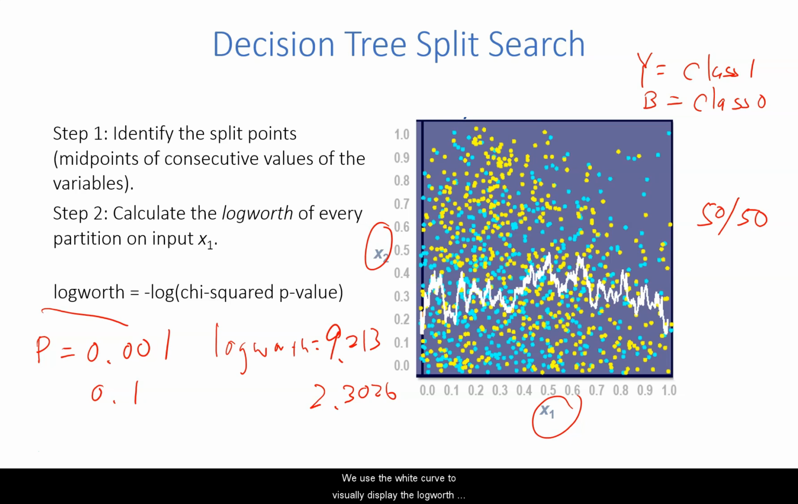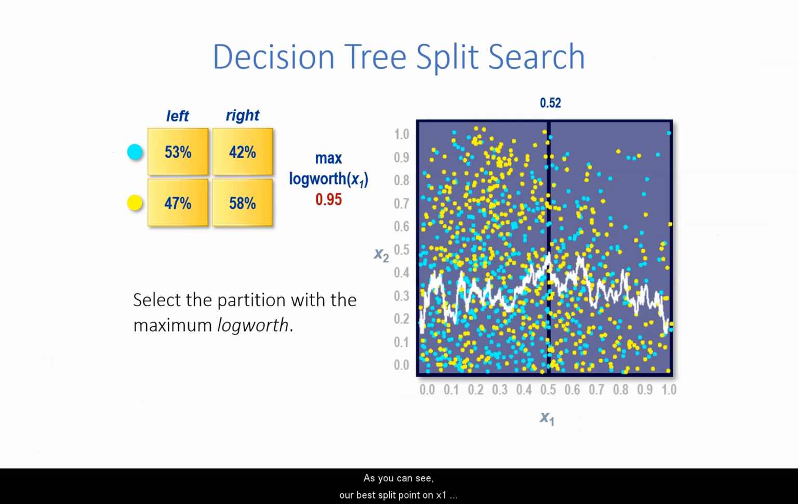We use this white curve to visually display the log worth associated with all the partitions. As discussed earlier, the larger the log worth, the smaller the p-value, and the better the split is to create pure subsets. Therefore, our best split along x1 is going to be here, because it has the highest log worth. As you can see, our best split point on x1 according to the log worth is x1 equal to 0.52, with a log worth value of